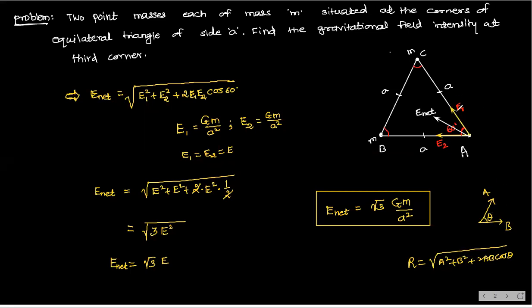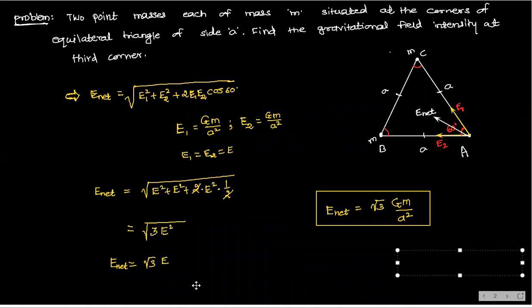Here also E1 is one vector, E2 is another vector, and this is E net. E net is nothing but R. E1 is A, E2 is B. Understand? And theta is 60 degrees. Clear? We have done this in force. Finding force also we have finished. You can see the backside. Check your notes. Note down fast.